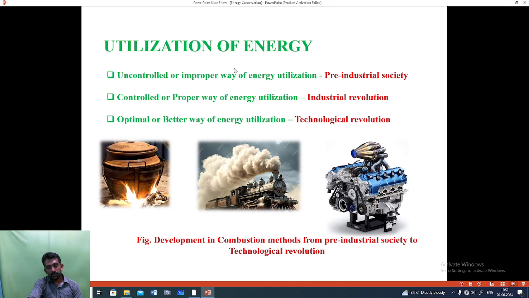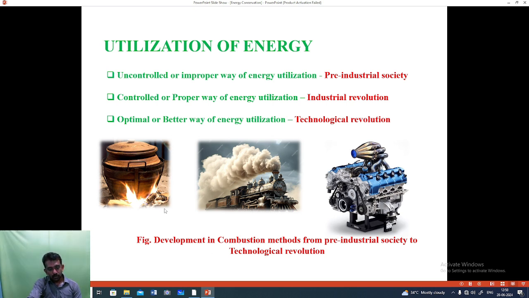more advanced technologies. For example, in the current technological revolution, that is in the Industry 4.0 era, they are searching for better and better ways of energy utilization. Especially an optimal way of using every part of the available energy, in order to maximize the utilization, thereby achieving higher energy efficiency.